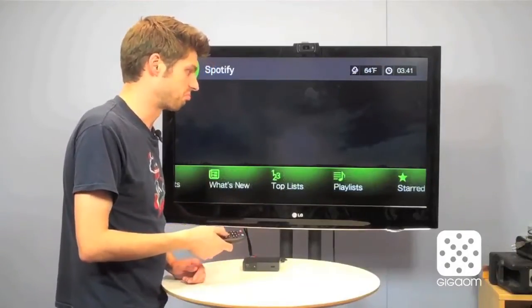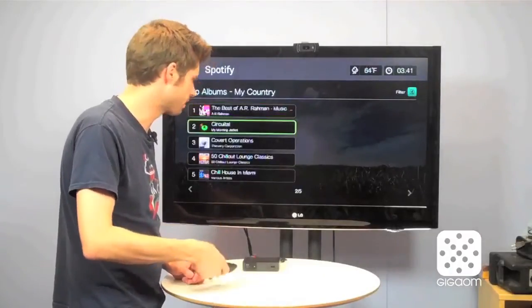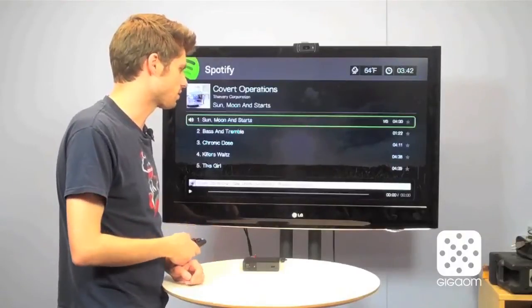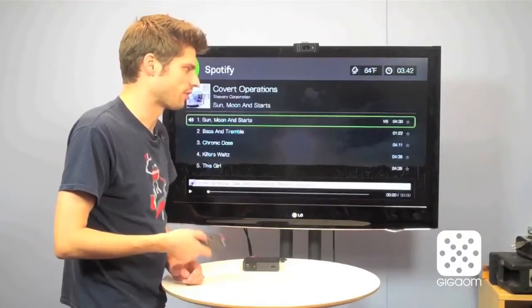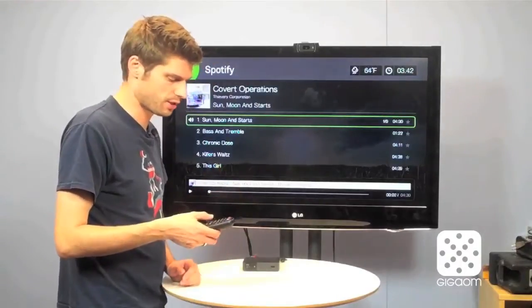And for example, you can look at top lists here. Why don't we take a look at this? And there's Thievery Corporation. Let's check this out, and then we can play any of these songs. It loads up for a second, and then it should play in the background here. There we go, Thievery Corporation. And the interesting thing